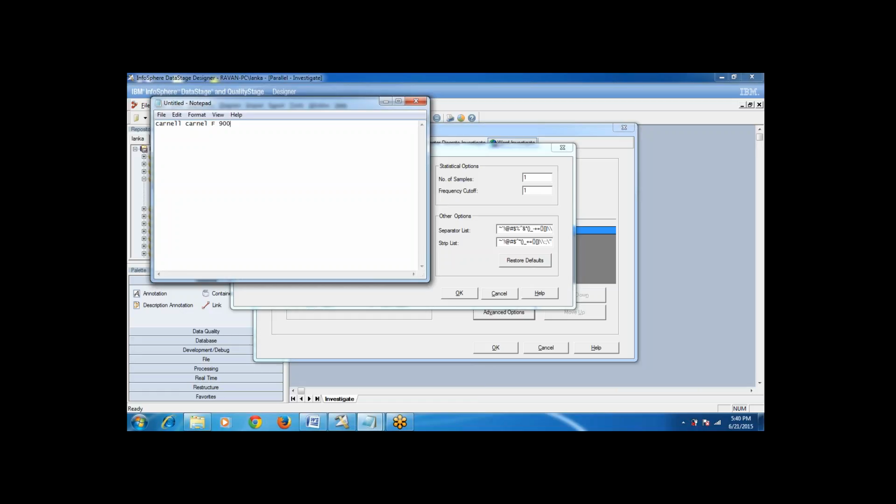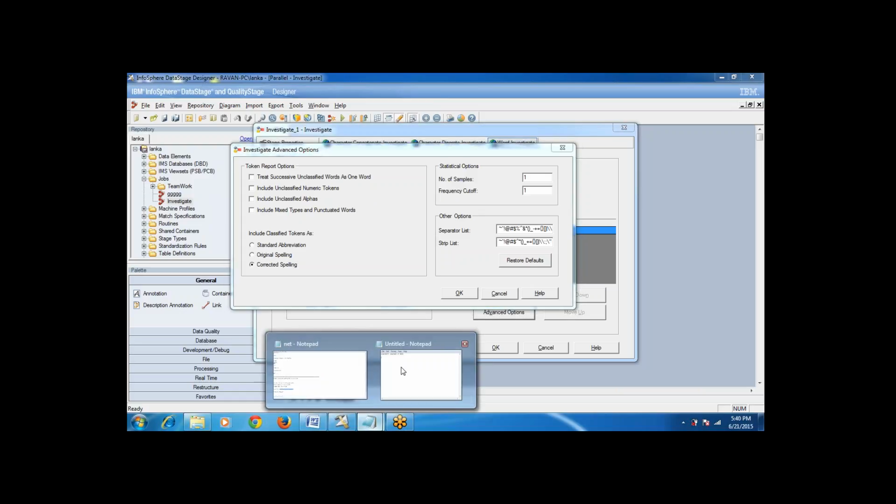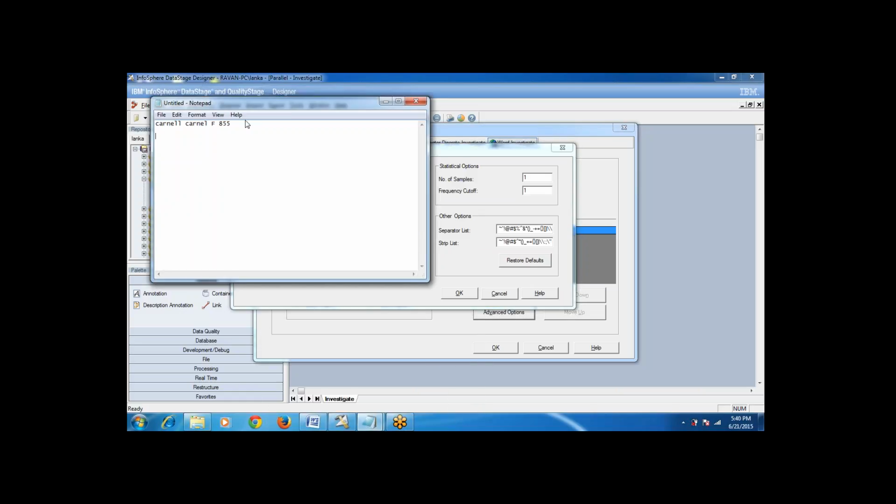Whenever you're seeing some weight here, what it will do is, first of all, take the input string. If it is matching or not, it will just check in the classification file. Whenever it is matching, it will take the weight. If you go here in the corrected spelling, based upon the weight, whatever weight you have selected here, it will take the corrected string.